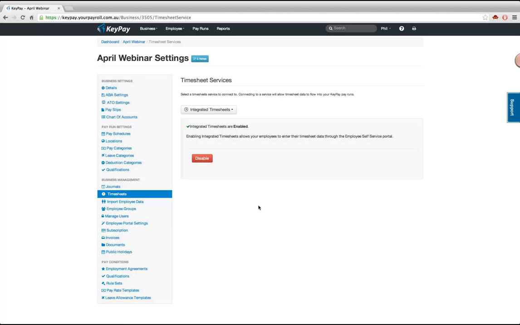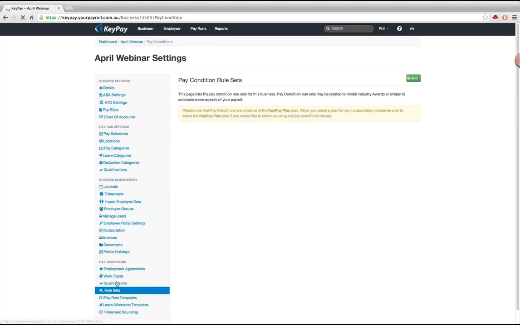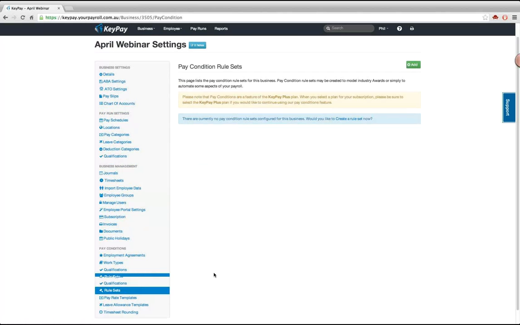So to build our rule set, the first thing we need to do is click on the rule sets option down here on the left, and it's letting us know that we don't have any rule sets created at the moment. So I'm going to create